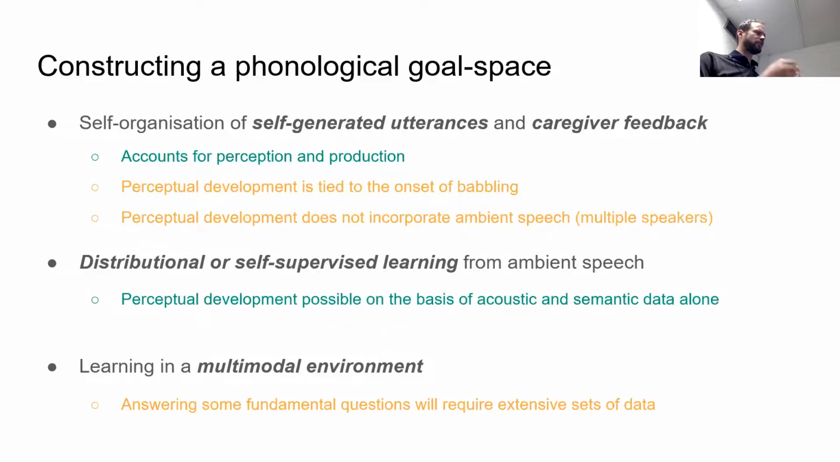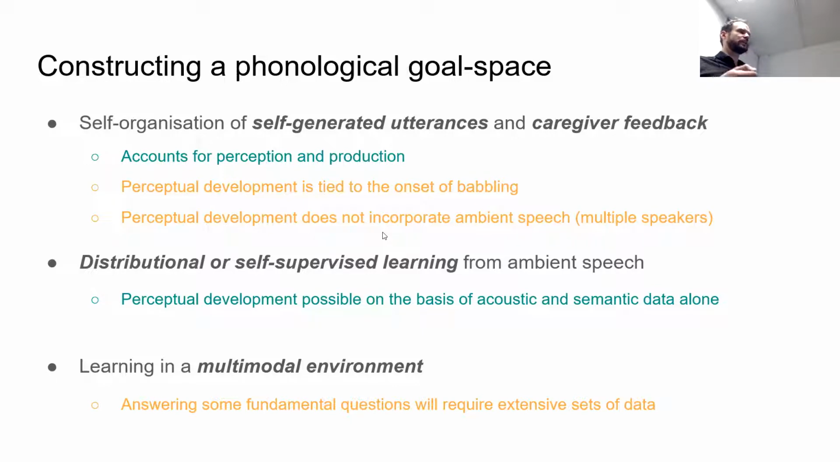Okay, so some comments on some of those aspects. So in the first case, the main advantage is that those computational studies account for both perception and production and how they can co-develop. The downsides are, in a lot of those studies, essentially perceptual development is tied to the onset of babbling or vocal exploration. So in those accounts, there's no real perceptual development prior to babbling or vocal exploration. In